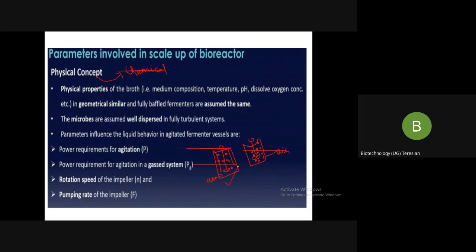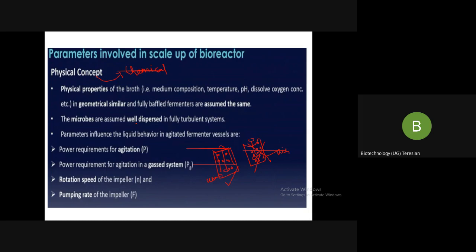So this is the best way and not this. Okay, because you can see how the retention time in the fermenter itself is varying, how the air bubbles are varying. Okay, here it is less, here it is more, whereas here you can see the liquid level is almost constant. Here the bubbles will be the same. That is why we have to use the baffles. That is the importance of the baffles.